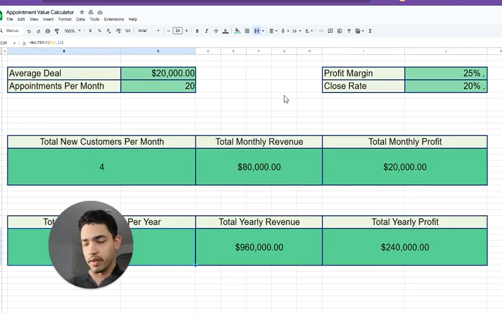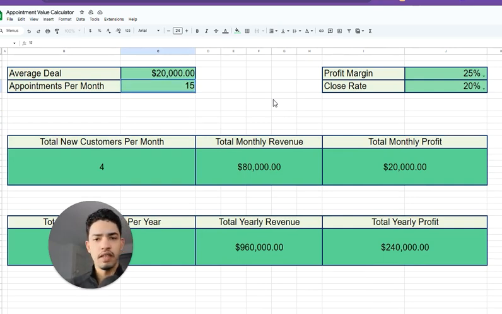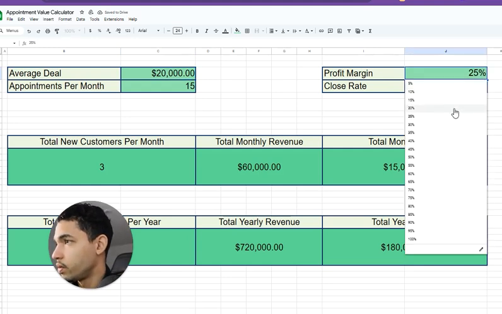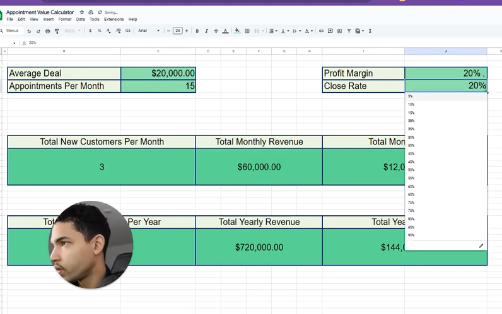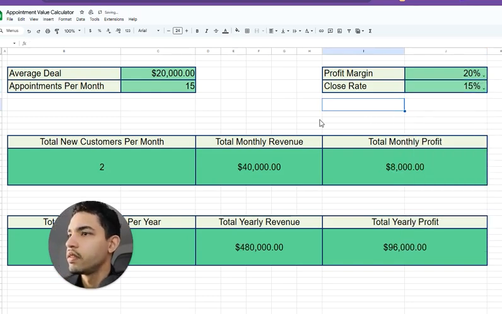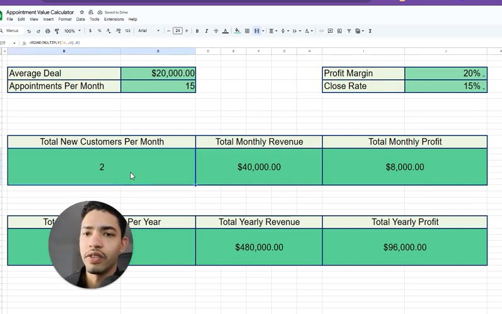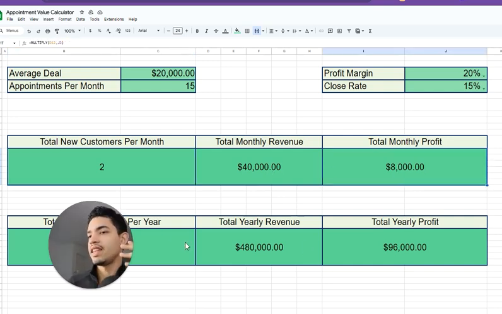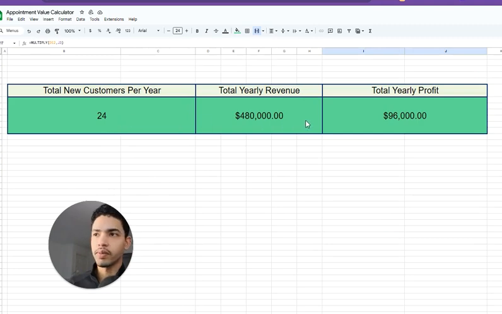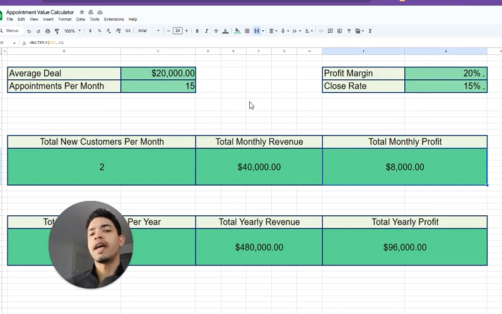So I'm being conservative here with the numbers and the appointments. Let's be even more conservative. Let's say it can give you 15 new appointments, and let's say the profit margin instead of 25 is 20%. The close rate should be 20%, but let's say you're doing 15%. So it'll give you at least 2 new customers per month, with a new monthly revenue of 40,000 and monthly profit of 8,000. 24 new customers per year, 480,000 revenue, 96,000 extra profit that it's going to add for you without you doing anything,